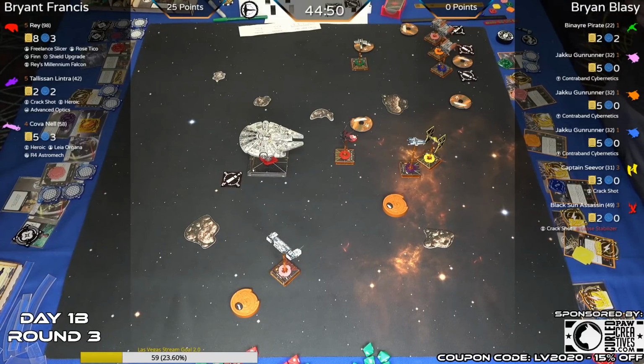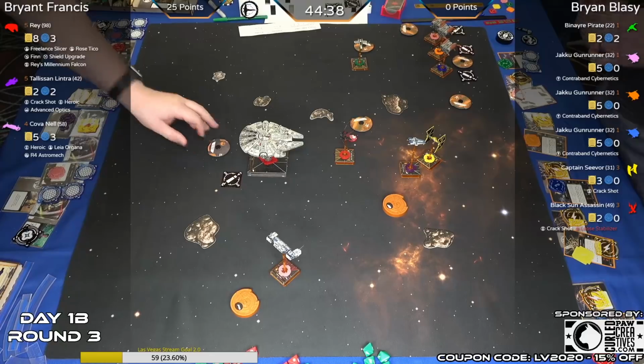All right, Dion, you are Blasy. What are you doing with your tugs this turn? Let me go ahead and double check that dial before I know what I want to do. I just got to see if I can do what I want to do. All right, so 3 straight is...